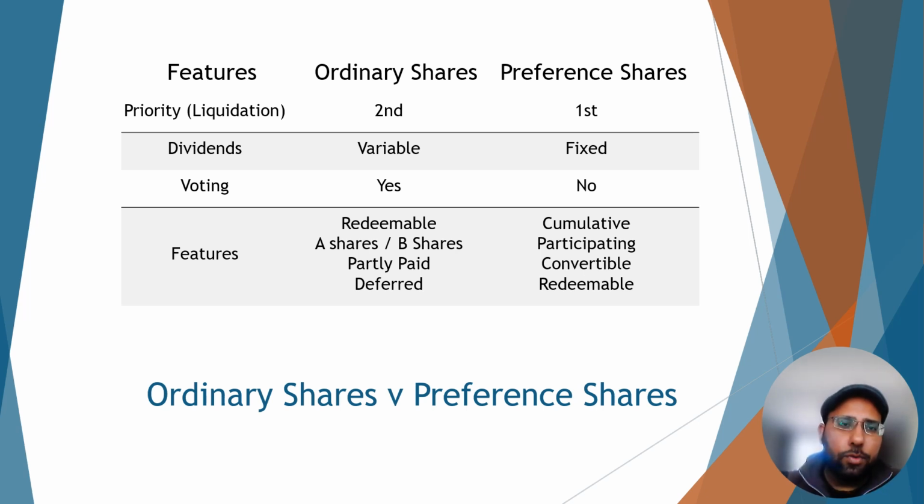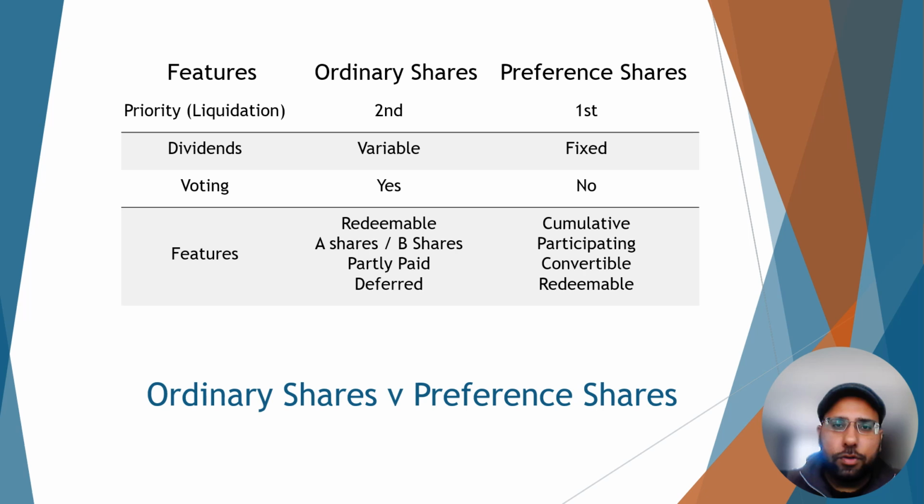And then finally, you will get deferred shares. This is when dividends on deferred shares are paid after dividends on ordinary and preference shareholders. So, in the event of liquidation, deferred shareholders have a claim on assets, but only after shareholders and creditors have been paid. They do carry a higher risk if you are a deferred shareholder, but there are potentially higher rewards if the company performs exceptionally well. So that is ordinary shares in a nutshell.